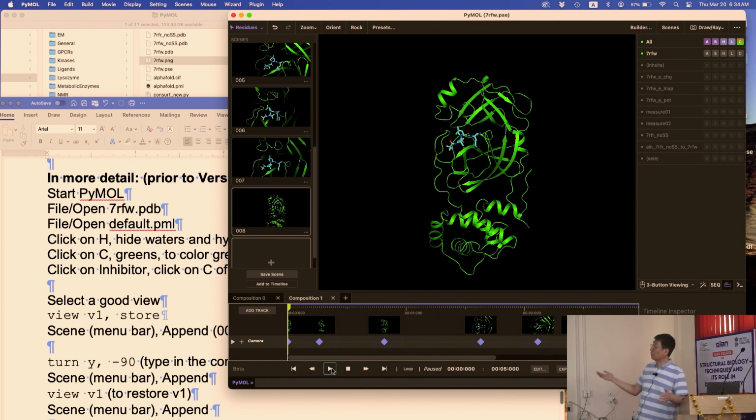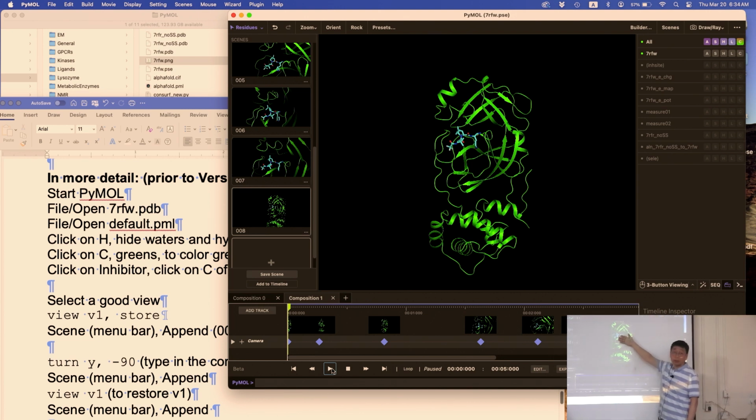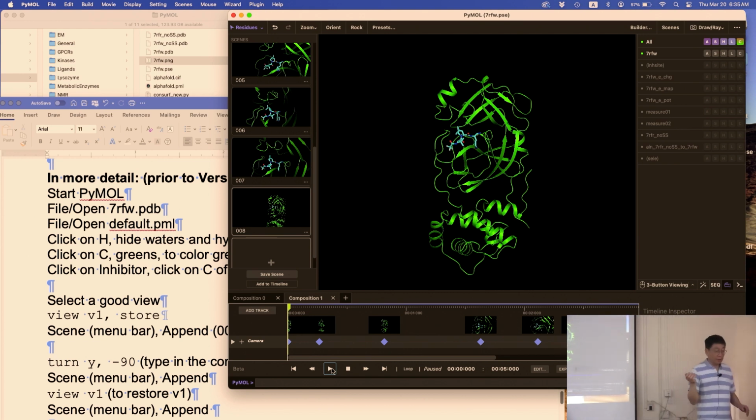And this is a very powerful medium to really convey the third dimension of your structure, because looking at something like this, it's boring, it's 2D, it's dead. But when you have a movie, it gives you the third dimension. Okay, so